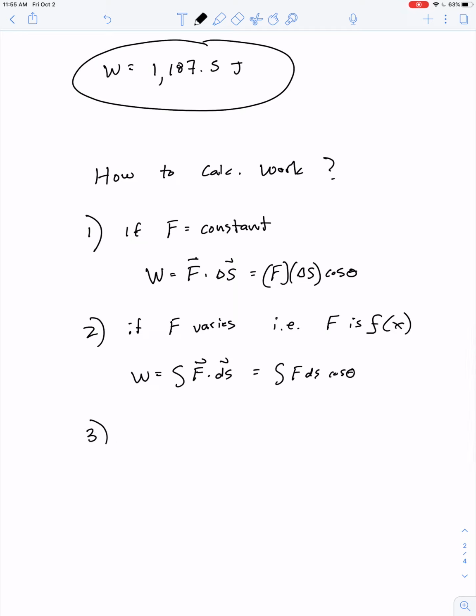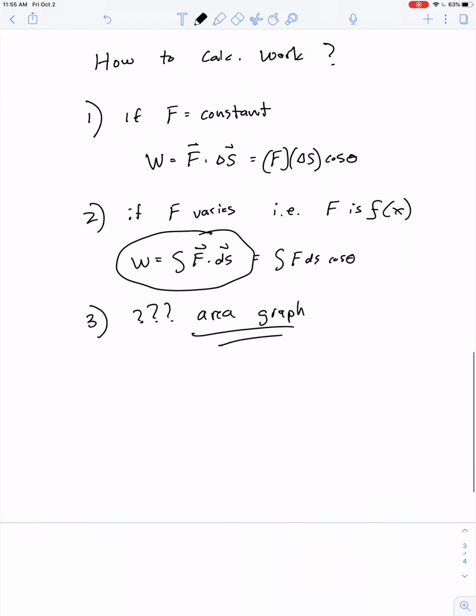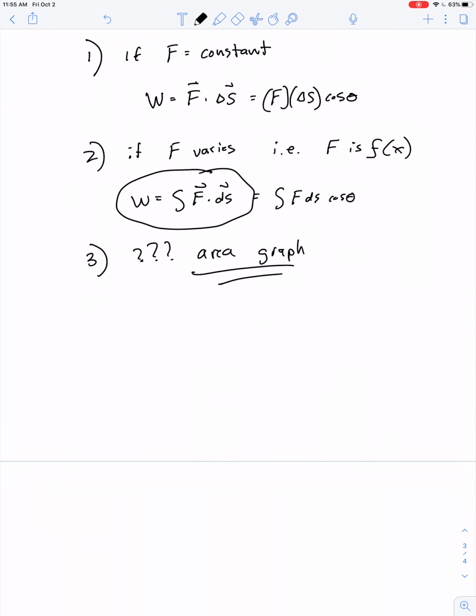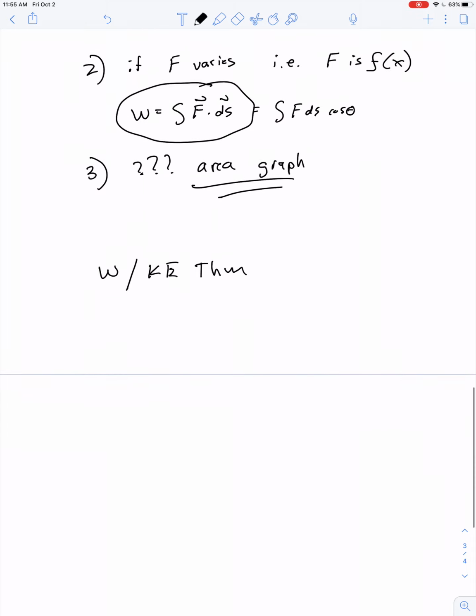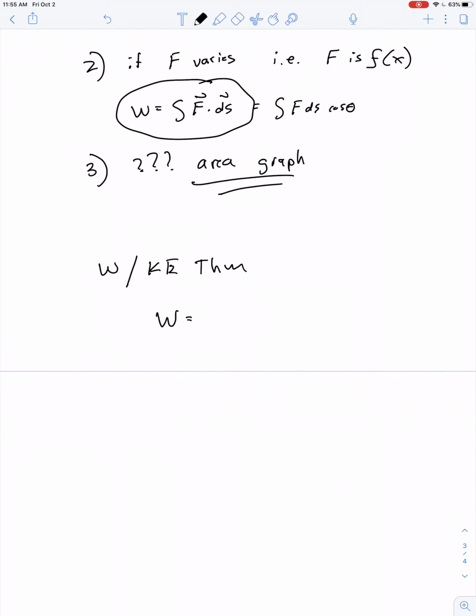We're going to find in a future lesson there's a third way to do it that has to do with calculating the area of a particular graph. I'll let you ponder that. But for more insight about this form of the equation, we showed in the previous lesson the work kinetic energy theorem. And we said that work is equal to a change in kinetic energy. So let's think about this. If work is equal to the integral of F dot ds,